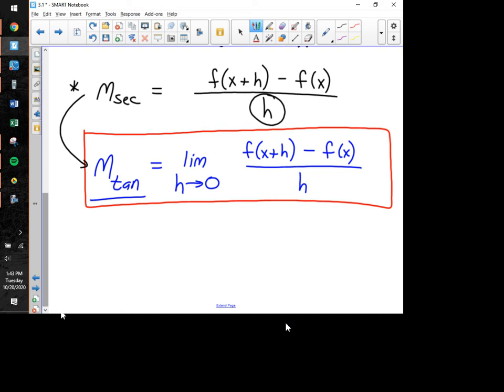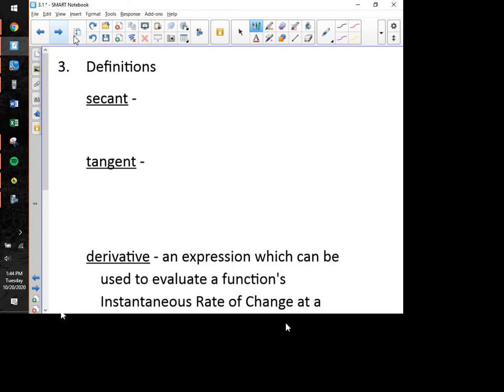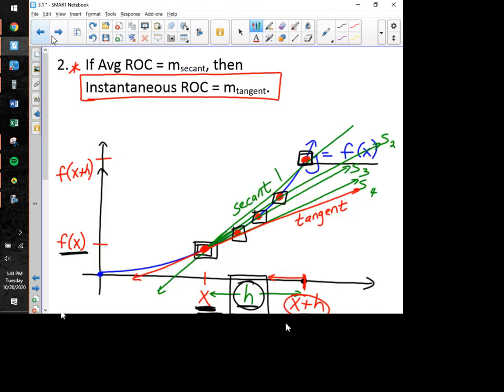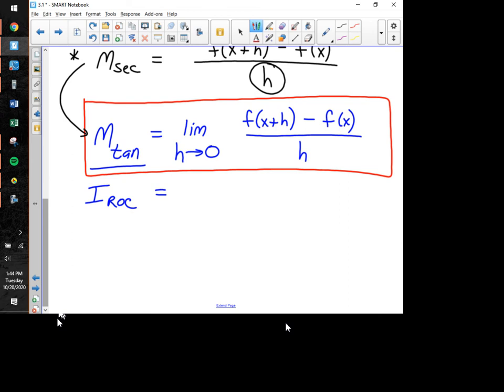What else have we found? The slope of the tangent is the same thing as your instantaneous rate of change. So I'm going to write this right underneath right here. Instantaneous rate of change, that's really the same thing. And here's really the big important thing, guys. We have also found and defined our derivative. So this formula that we have right here is really the formula for the definition of the derivative. Let's go ahead and put that back over here, guys, so we don't lose sight of that. That's the same formula for instantaneous rate of change, but let's go ahead and put this one here, guys, so we have it clearly spelled out. The definition of the derivative